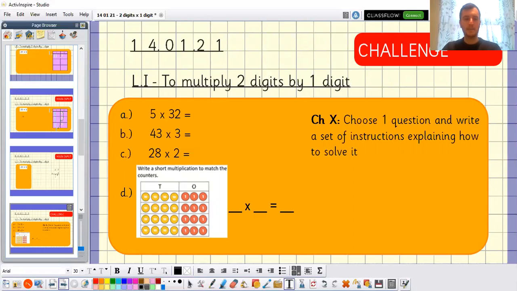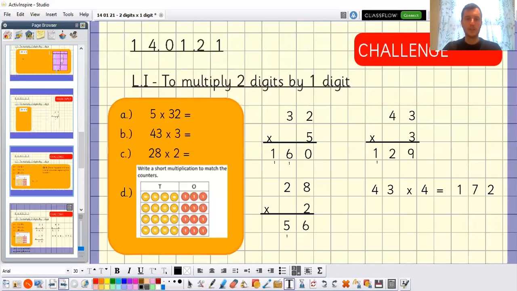Let's come back together there then. Let's look at those answers. I've used that column method for each one. So the first one, 5 times 32, I've shown it as 32 times 5 with the larger number on top. I start with 2 times 5. 2 times 5 makes 10. But I can't put 10 in my 1s column, so I take all 10 of those 1s to make one extra 10, which is why there's now 0 in my 1s column and one extra 10 just underneath the 10s